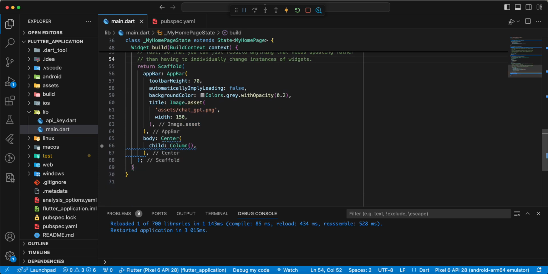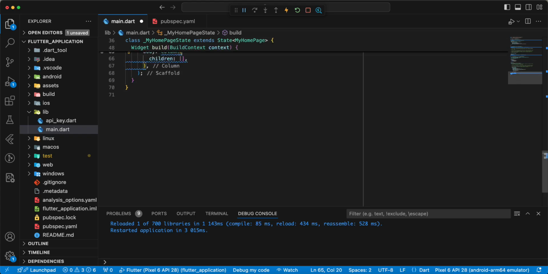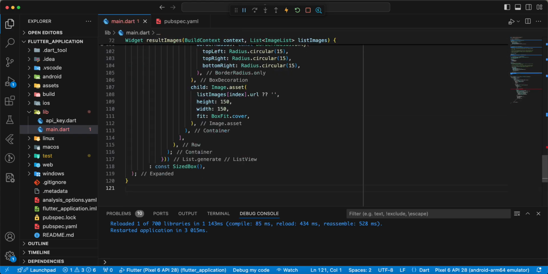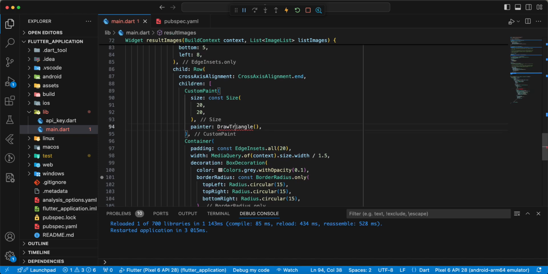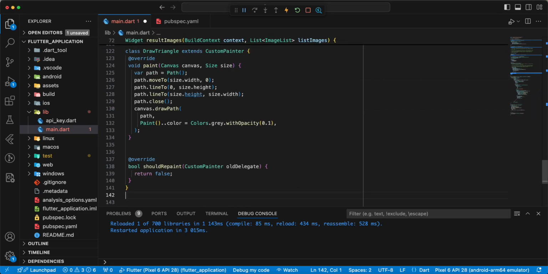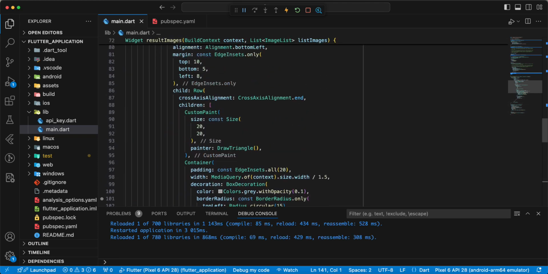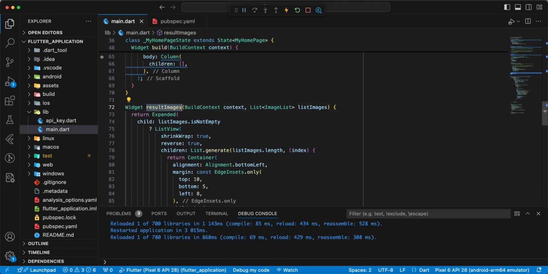Then we update the body, remove the center widget, write children, add result images, and add draw triangle, save, add result images